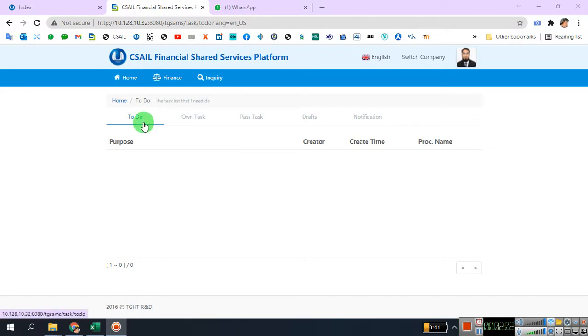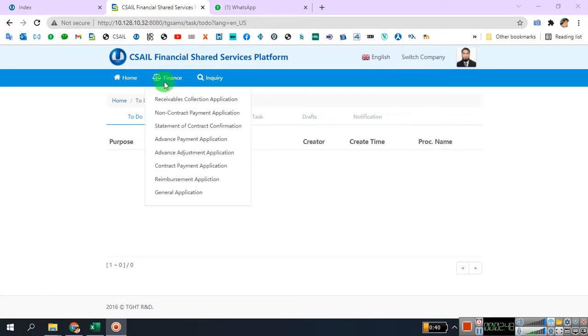The to-do function shows a list of pending items. On task shows application initiated and processed by the user. Past tasks. It shows tasks that have been approved from the user end. Drafts. It shows the draft list of items, applications. Notification. It shows information related to tasks, passed, rejected, returned by the concerned user.